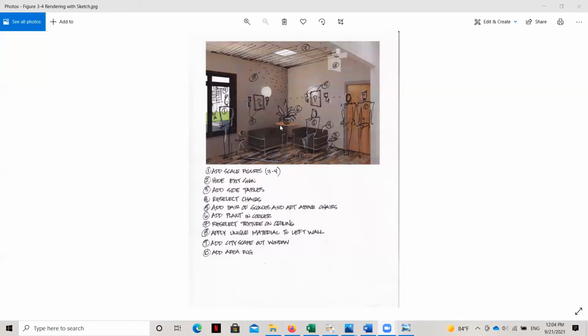Now, finally, I'd like to call your attention to this very simple keynoting strategy that I've used here. You can see that throughout this rendering, there are little annotation bubbles or annotation circles, what we see here with a number inside. And I opted to do this method because I didn't want a bunch of text obscuring the rendering if I were to notate directly on this. Because of the way that this was printed out, I didn't have the margin over here that I could use to pull out a leader line like we've seen in the past and bring in elements and notes in a column along the side.